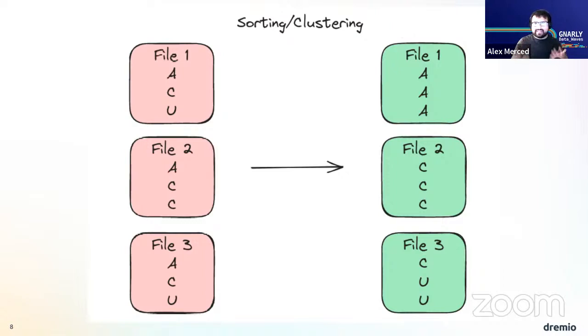Okay, and this is where things like Apache Iceberg or literally any table format, whether it's Hudi or Delta Lake, their metadata is going to allow an engine to know what kind of data is in each file. So based on that table format's metadata, it'll know, oh, okay, file 1 only has A records. That's the only one we really need, and you can prune all the other data files from the query plan. So we basically save ourselves from having to read 2 files, and that's going to speed up the query quite a bit. Because we're only reading that 1 file, all the data we need is in there.